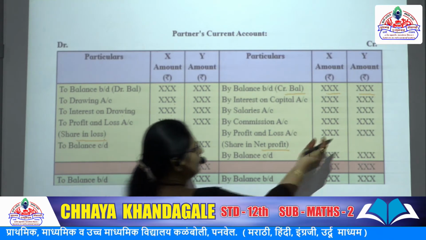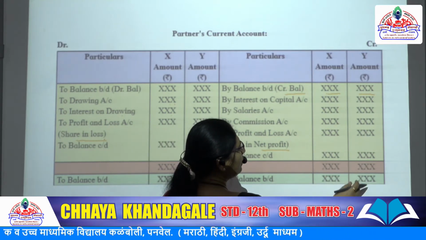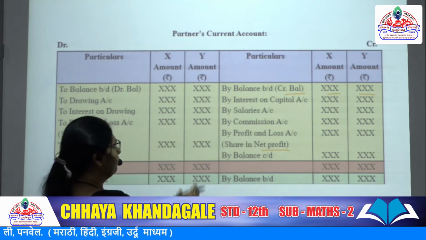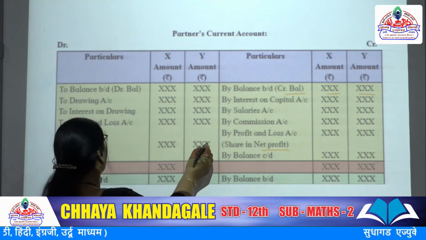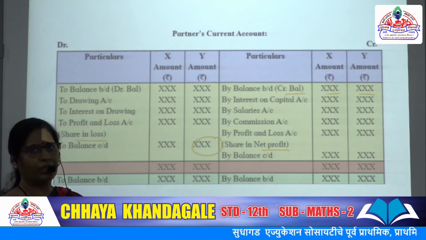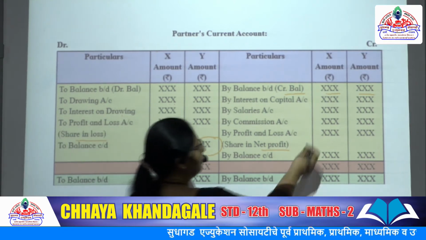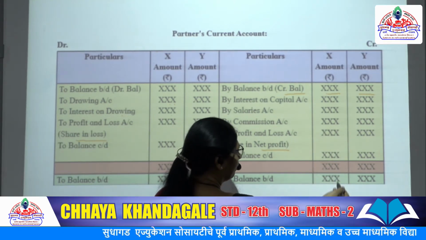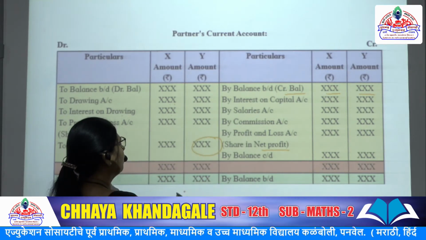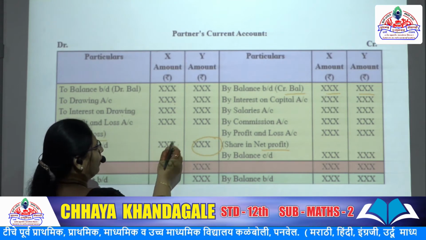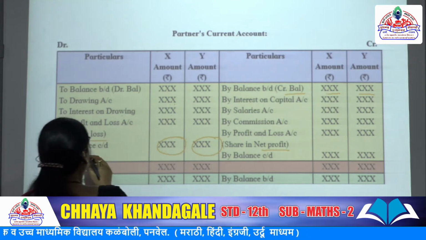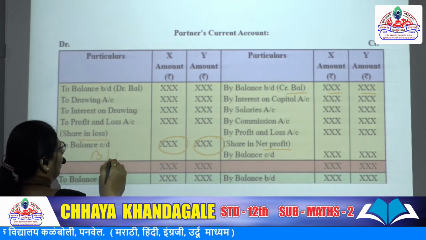And usually the credit side is heavy. We will total up the credit side and then minus the debit side, and whatever the difference is will be the balance which will be written on the new balance sheet. We are going to total up the credit side of both partners' capital accounts and subtract the debit side, and whatever comes will be written on the debit side as balance carried down. This we are going to mention in the balance sheet.